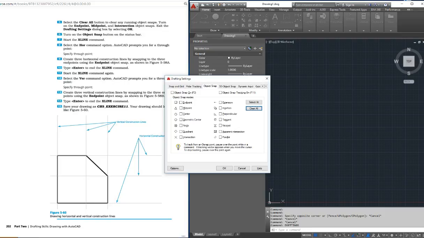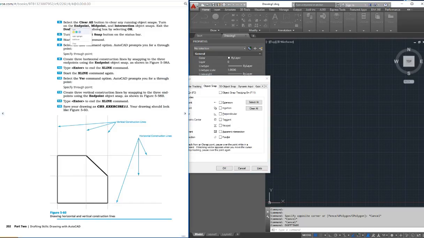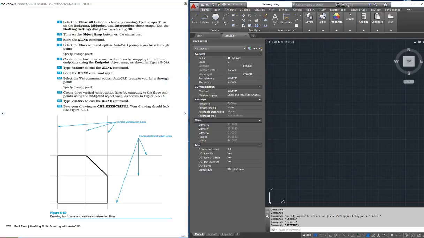So what it says is to clear all the running object snaps that you may have already set. So we did that. And we're going to click on endpoint, midpoint, and intersection. Midpoint, and not the insertion, but the intersection. So this is what it's telling us to do, and this is what we did: endpoint, midpoint, intersection. Now, once I say OK, it looks like nothing's happened, but we've changed some system variables inside of AutoCAD that'll help us draw. So it wants us to draw this shape